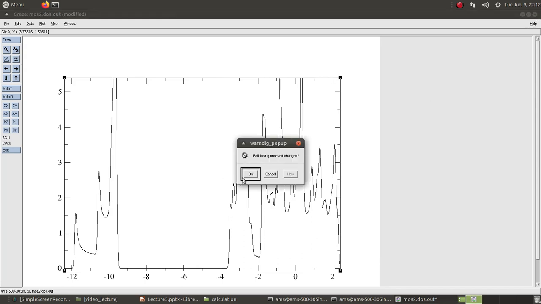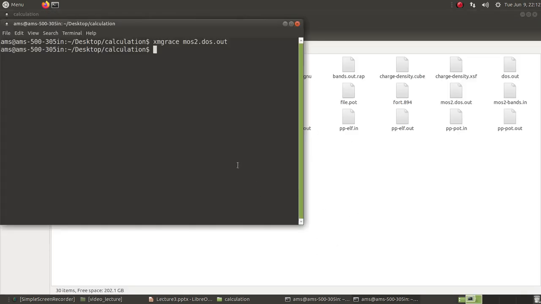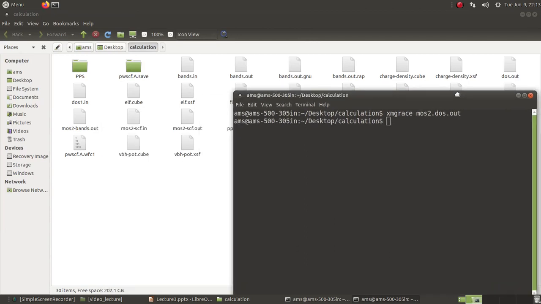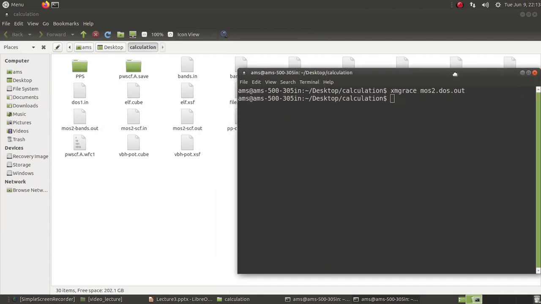Now we will be looking at how we can generate the cube files for quantities such as the charge density, electron localization function, and potential, to show the isosurface plots.